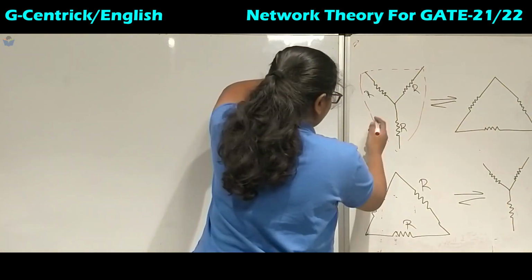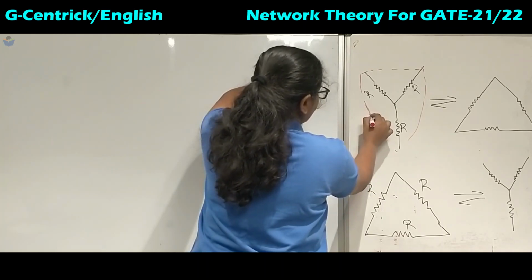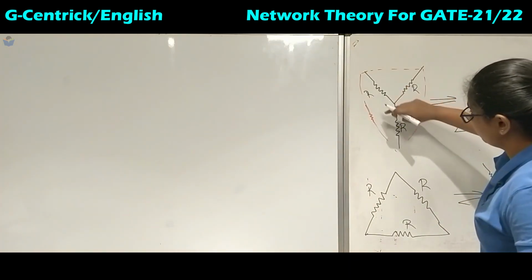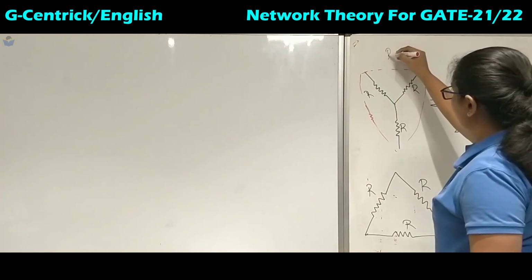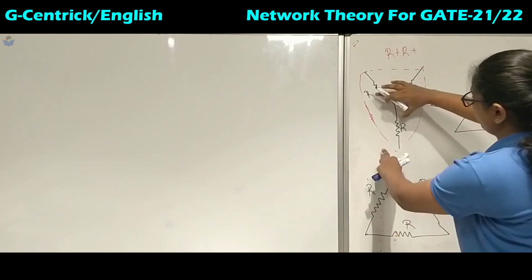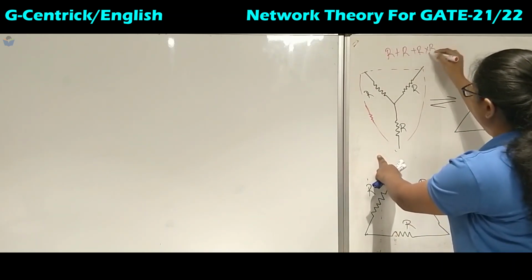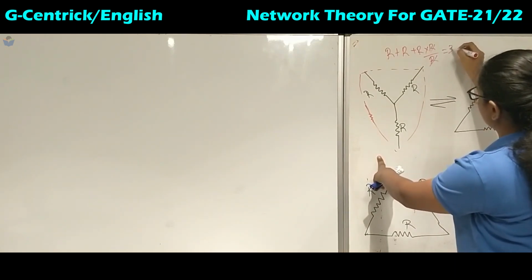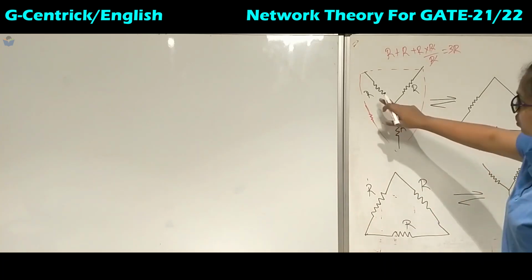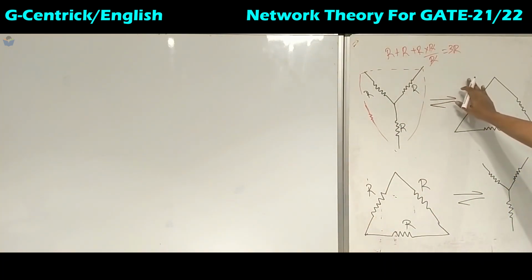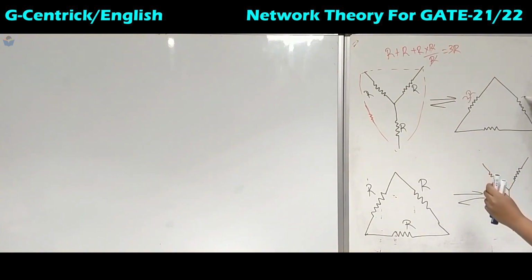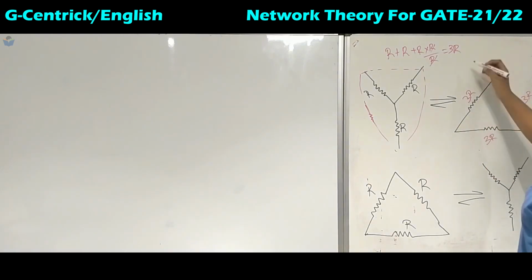Okay, so now what we have seen is that if we want this part of the resistors in the delta connection, we have taken the sum of these two, R plus R, and the product of these two, R into R. Since the values are same here, there is no R of the resistor, so this R gets cancelled and it is 3R. So whenever you are converting the star to delta of the same value, each of the resistors converted to delta will be equal to 3R. So this is the case for resistor.